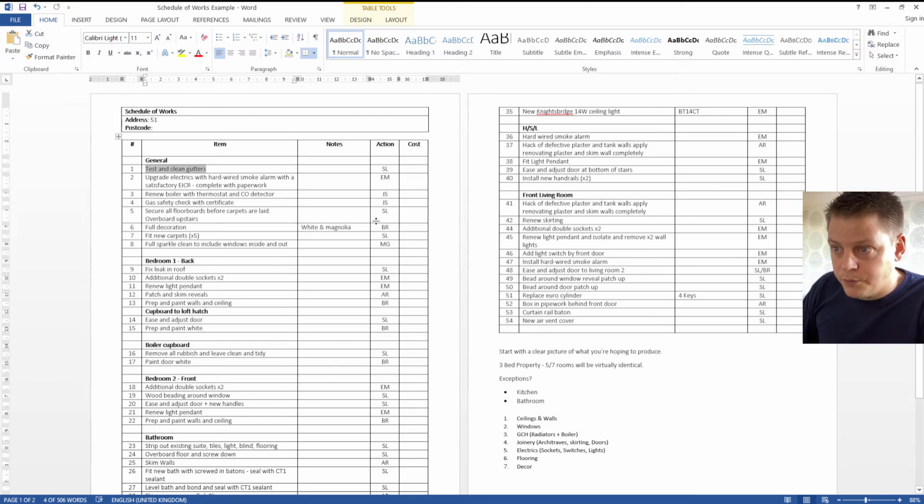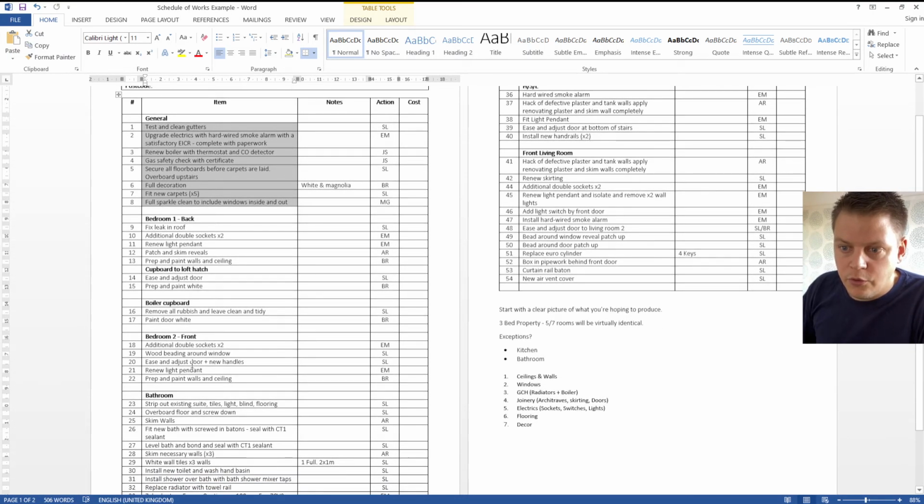Everything should be initialed. So test and clean gutters, you can see this on screen, I'm not going to read it out to you, but some of the general things that all need including completely, like fit new carpets times 5, then I don't need to put it on every single room, it's just going to be new carpets. Bedroom 1, here are some of the things that need doing. Patch skim reveals, prep and paint walls and ceiling, ease and adjust the door, prep and paint white, boiler cupboard. Bedroom 2, additional double sockets, wood beading around the window, and you can see,